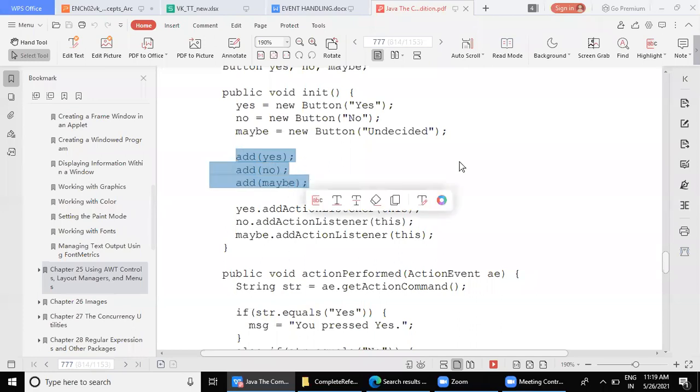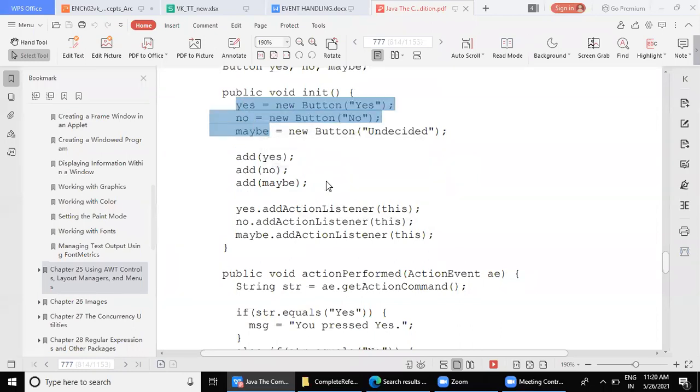Now, after we have initialized, we need to place them on the applet. Suppose you have prepared a dish and you want to decorate it, with tomato slices, olives, or something. Just preparing and keeping them ready will not bring them on the plate, right? You have to keep them on the plate. Similarly, three buttons we have prepared here, but those buttons have to be placed on the applet. For placing, we use the method add. We say add and then we add those button names.